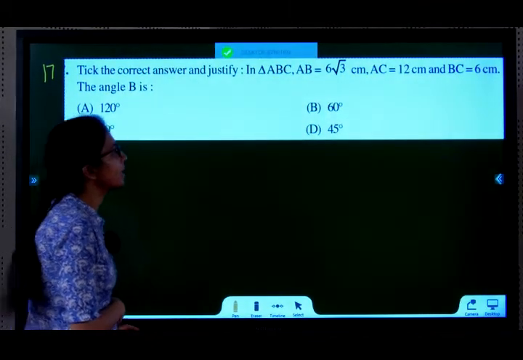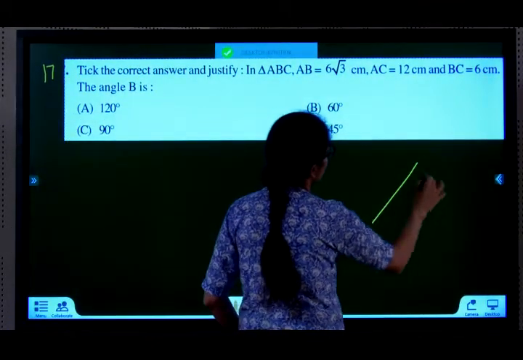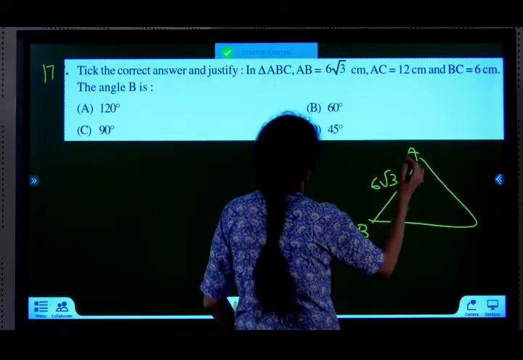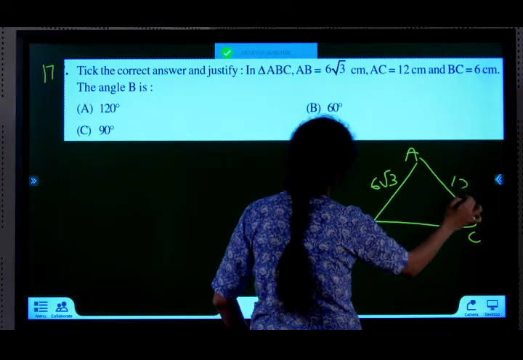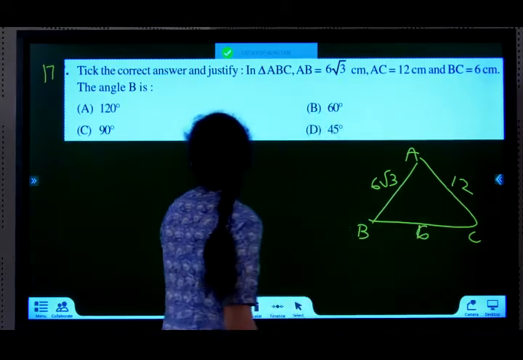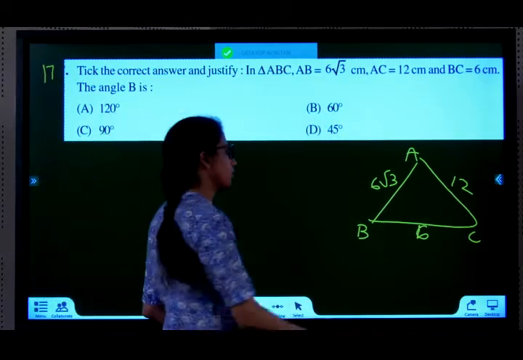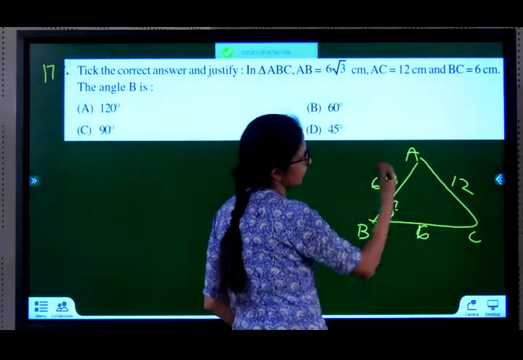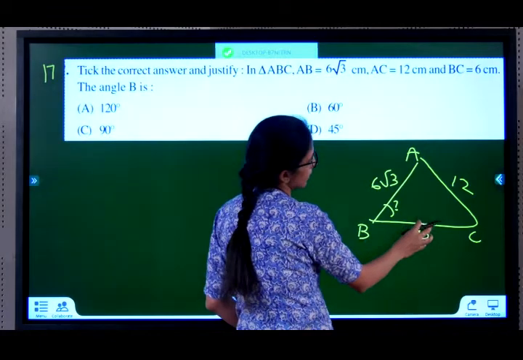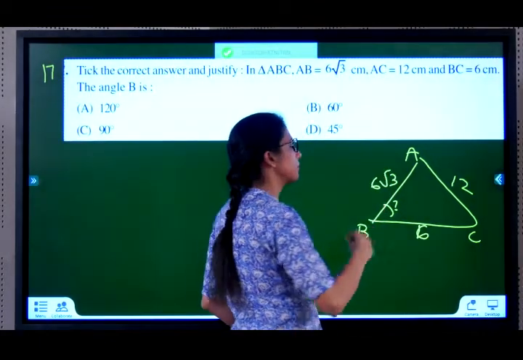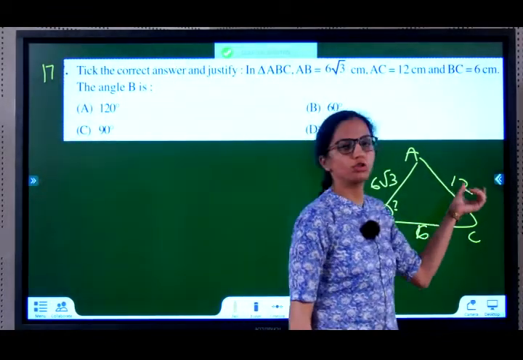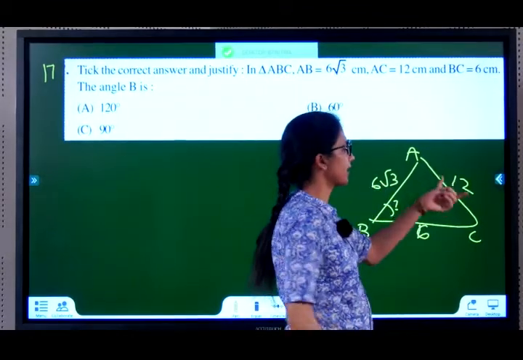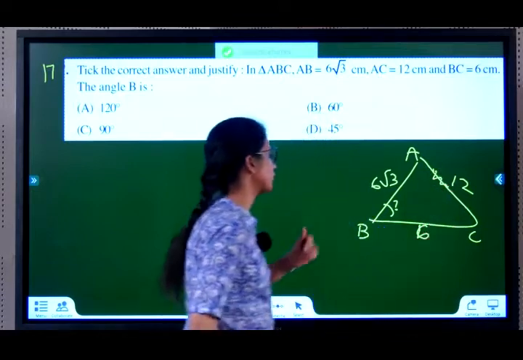Pick the correct answer and justify. In triangle ABC, AB is equal to 6 root 3, AC is equal to 12, BC is equal to 6. The angle B is, you want to know angle B. So you'll apply Pythagoras theorem to the longest side. Who's the longest here? 6 root 3 is 6 into 1.7 something. This is 6 into 2. Who's bigger? 6 into 2. So AC is the hypotenuse, right? So we will check AC square,